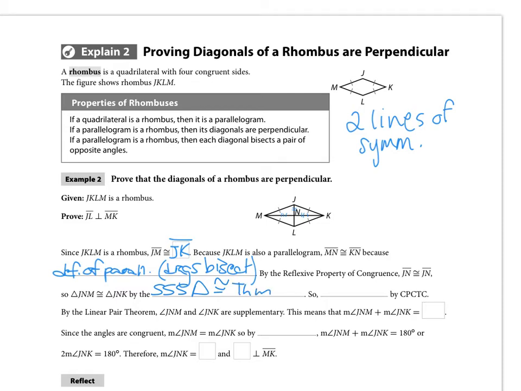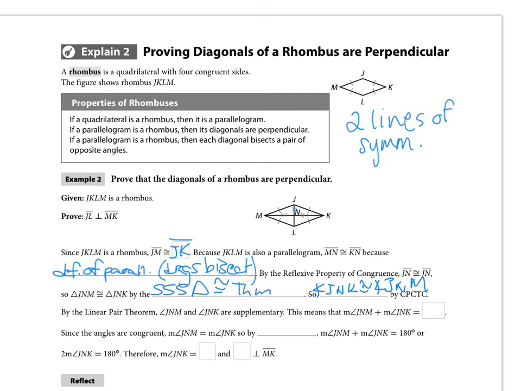So once we know that the angles J and K and angle JNM are congruent by CPCTC, then by the linear pair theorem, if those 2 angles on either side there are supplementary,